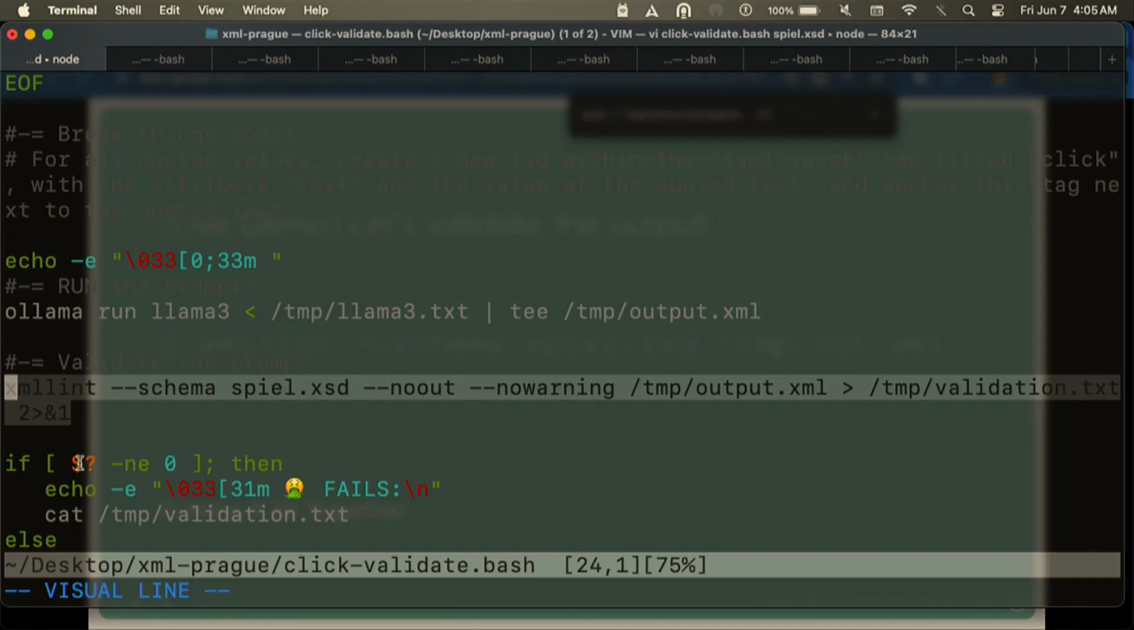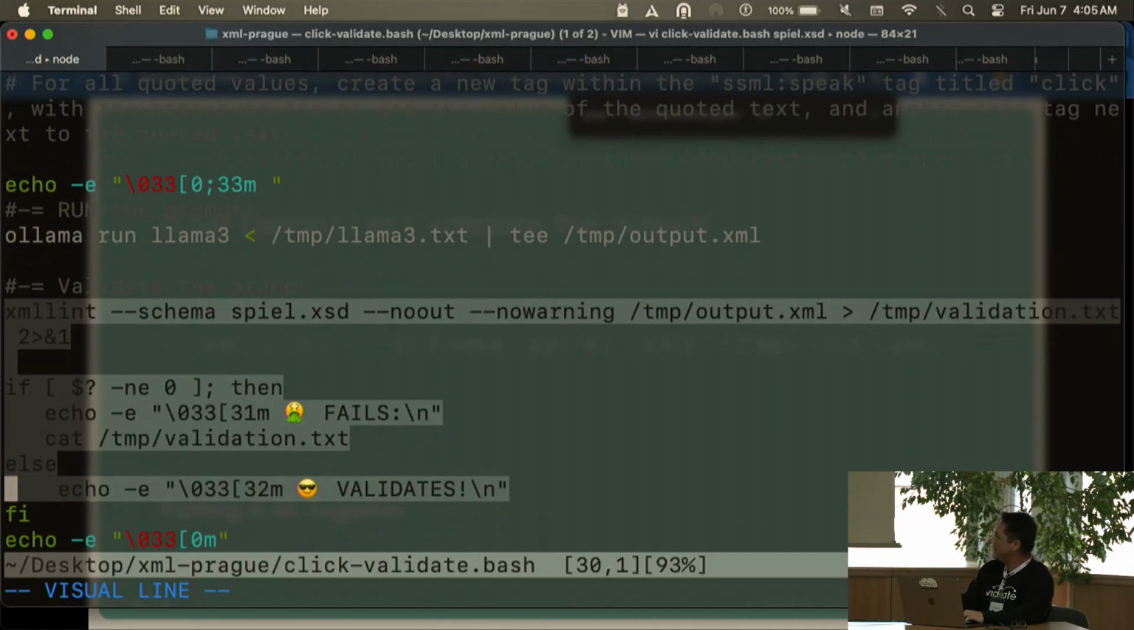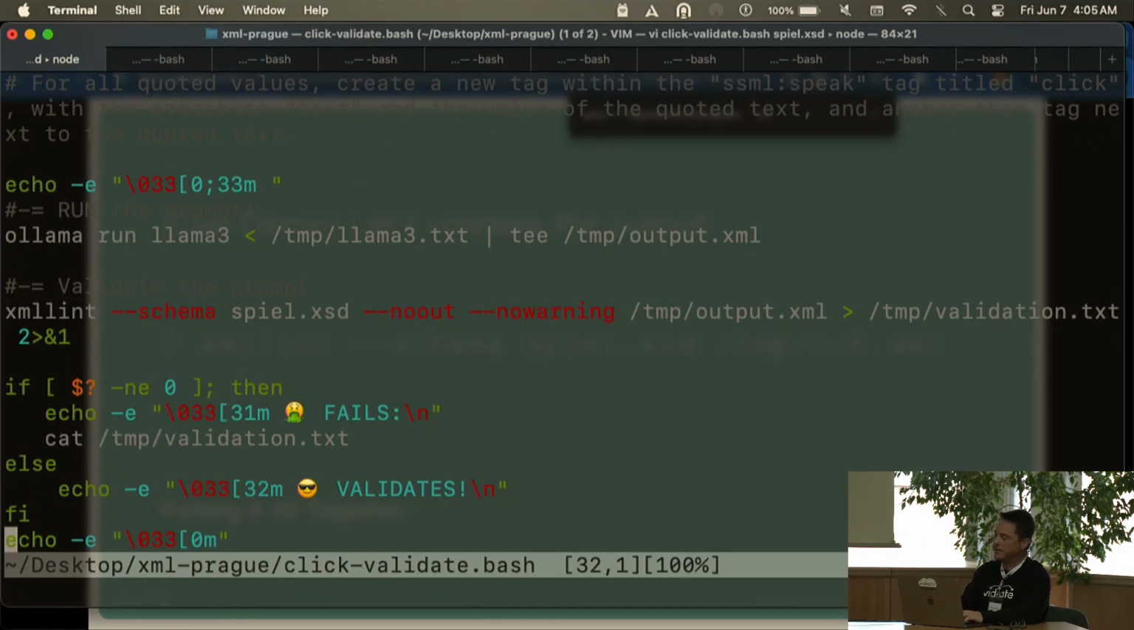And if the exit signal was not 0 on xmllint, we'll put out a fails message and we'll cat the validation, which has all of the problems with our XML. And then, of course, if it validates, we just get the cool guy symbol. All right, so with that, let's run a few interactively,